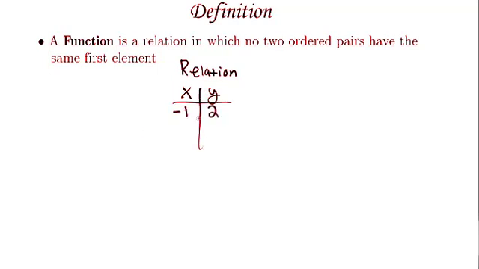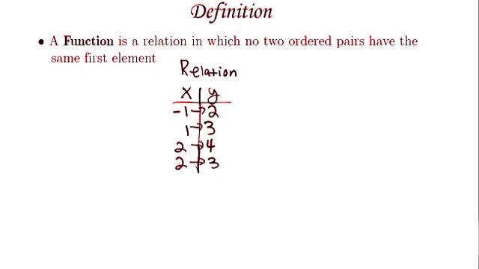A relation is a situation where there are two sets of values that have a correspondence to each other. Members of the first set have a correspondence to members or relationship with members of the second set. For example, this table describes a relation, and each member of the first set of the x values corresponds to a member of the second set. You'll notice something here, though. In this relation, there are